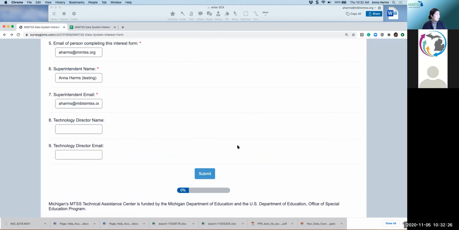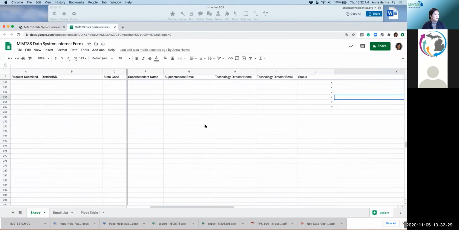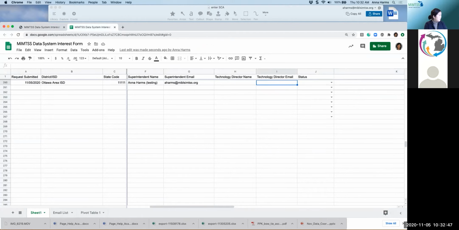Okay, so we get your interest form, and that kicks off an automated email to My Data Hub, and it also populates the same information you completed in the form into this spreadsheet here. So once I submit something, it's going to go right here. Let's see, did it show up for me when I just put it in? There it is. Okay, so you can see what I just submitted. And when Data Hub receives that notification and turns on the agreement, they will select agreement available here so that we can track this process.